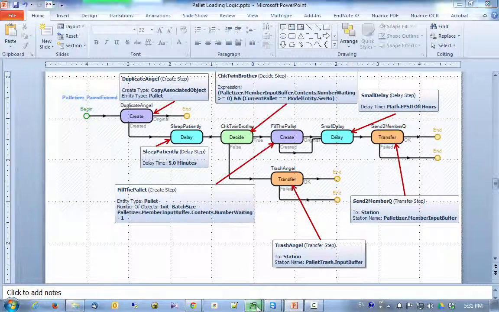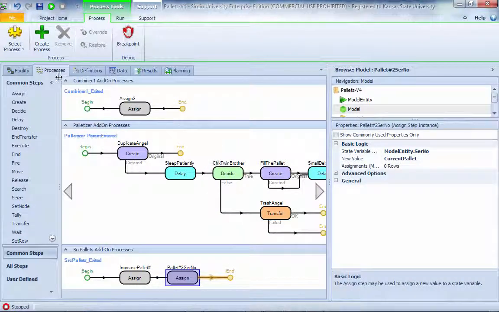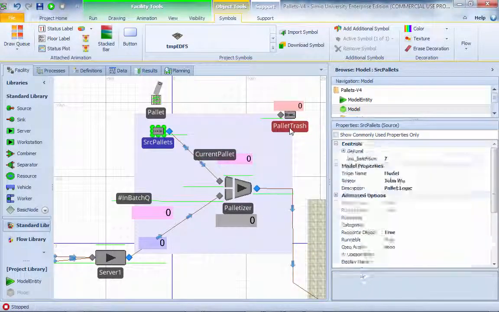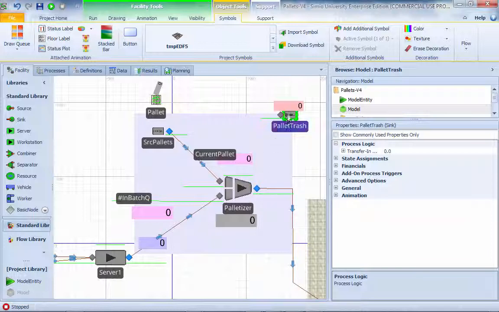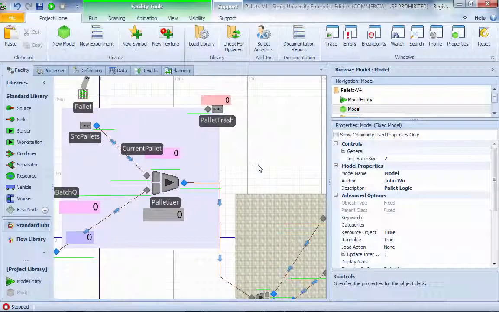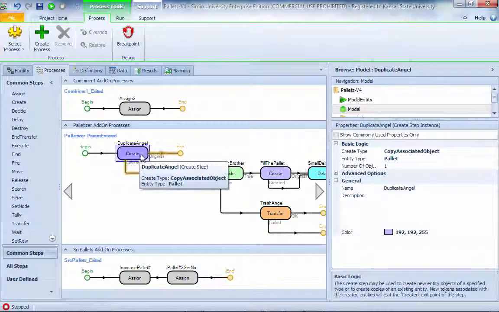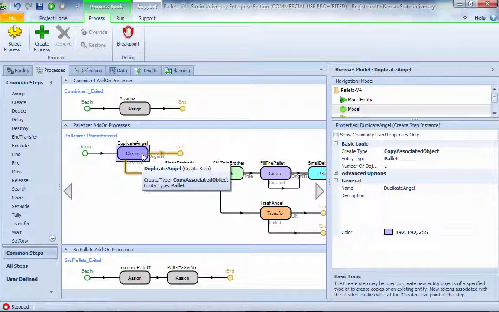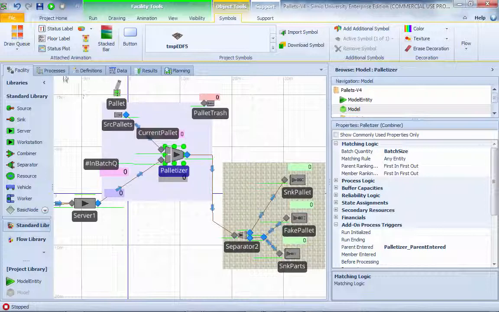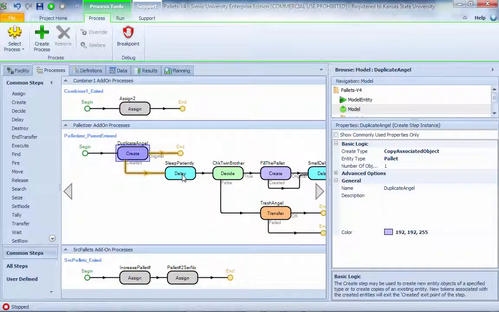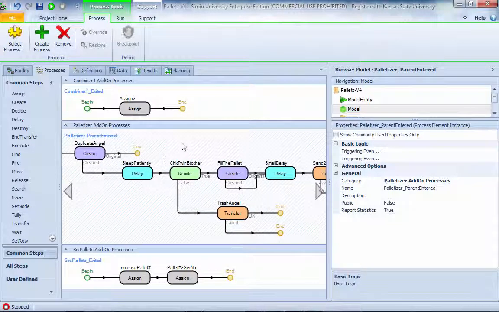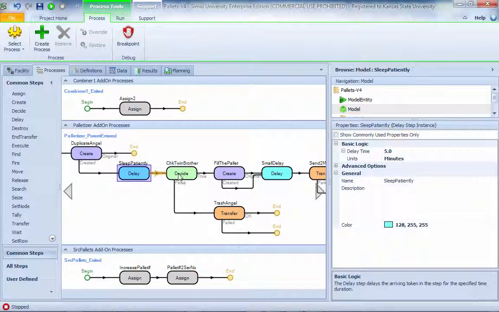So let's go back to the example. This is the pallet trash. You notice that there is no link between these into that. It's just empty space movement. Here is follow the regular movement. So the palletizer comes in here. We create an angel, okay, and the original pallet goes on to stay in the parent's input buffer, waiting to be palletized. And then the angel, which is the twin brother, it just stays for a certain minute and decides